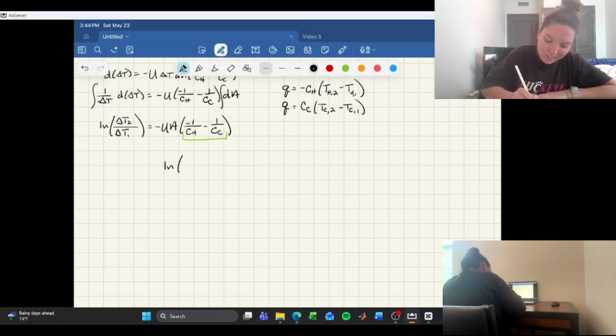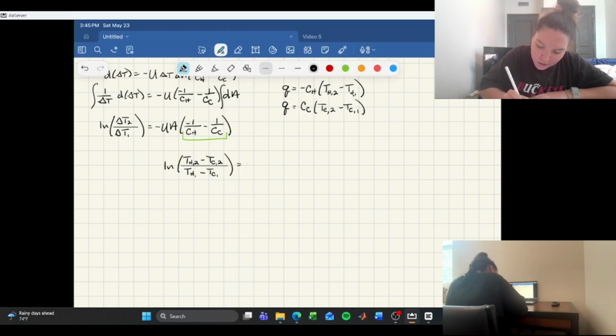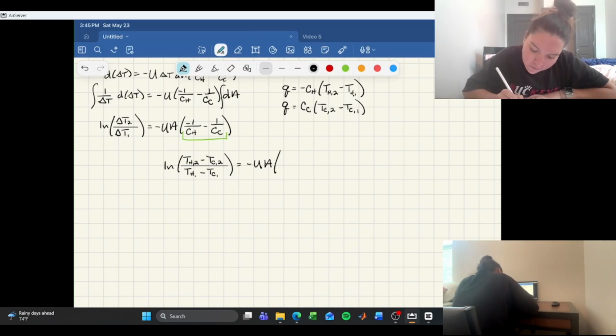At position 2, we're going to do temperature of the hot stream at position 2 minus the temperature of the cold stream, both going out, over the temperature of the hot stream coming in minus the temperature of the cold stream coming in. Okay, and this is going to be equal to negative universal heat transfer coefficient times the area times, this is going to be the temperature of the hot stream going out minus the temperature of the hot stream coming in